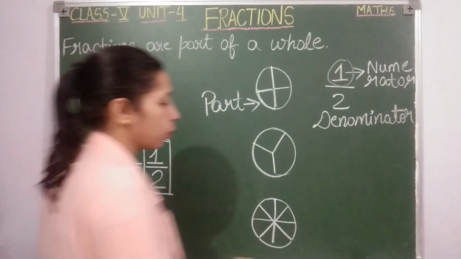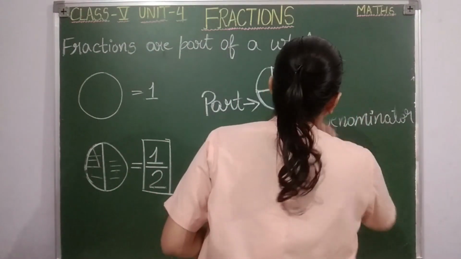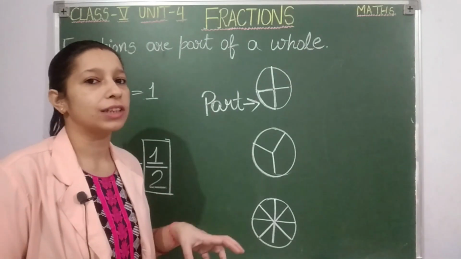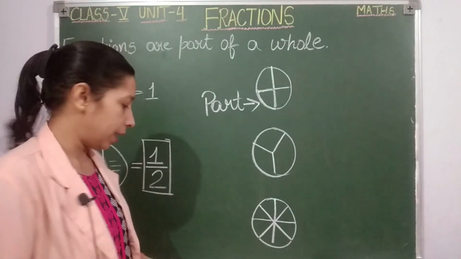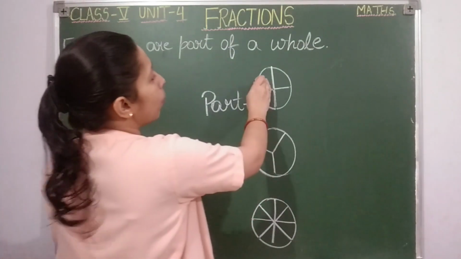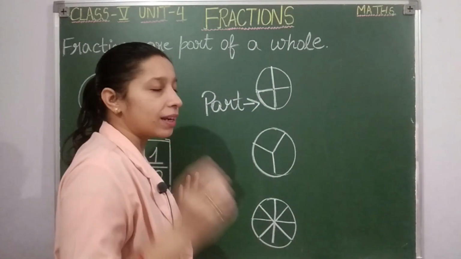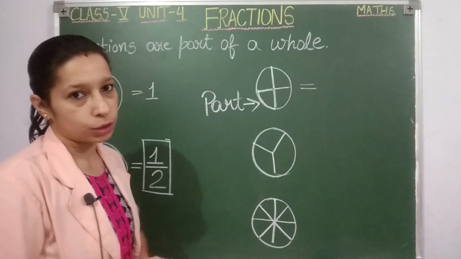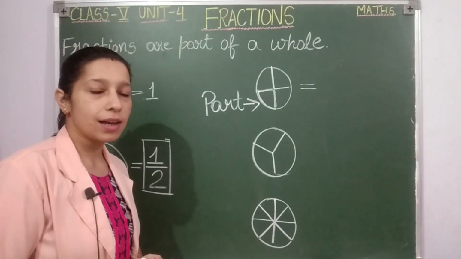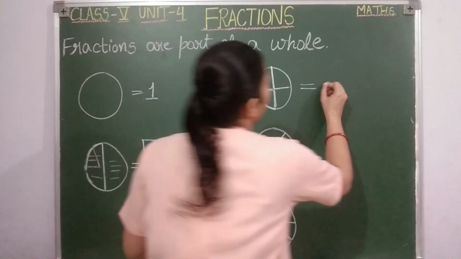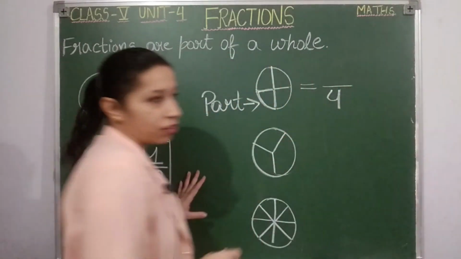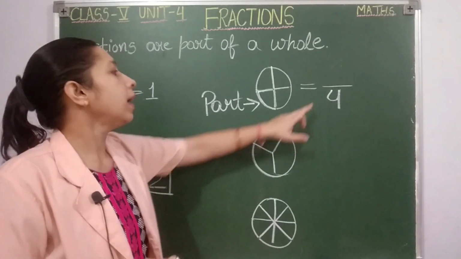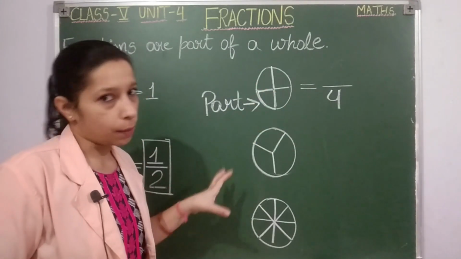Okay, let me give you one more example, so make this clear. What is fraction? Fraction is the part of whole. We express fraction as numerator upon denominator. Okay students, now suppose I want to write the fraction for this one. It's very simple. First do one thing, count the total parts, students. How many total parts are there in the circle? 4 total parts, na? So write the denominator first. Always remember the denominator will show the total parts for a whole.